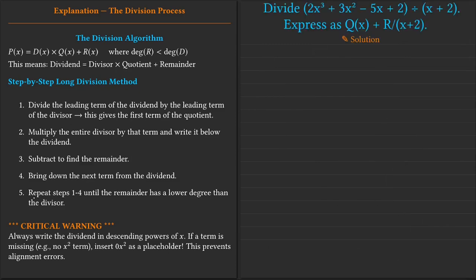So in order to go through the step-by-step long division method, let's use this example. It says we have to divide 2x cubed, plus 3x squared, minus 5x plus 2. Let's divide all of this by x plus 2. And as you can see here, it says we should express it as q of x plus r all over